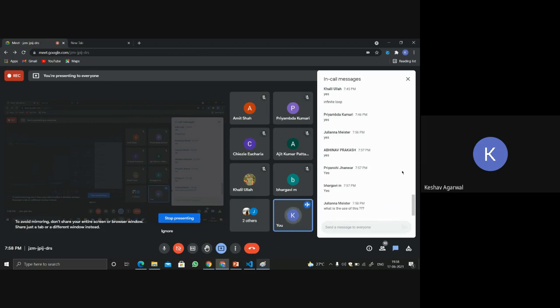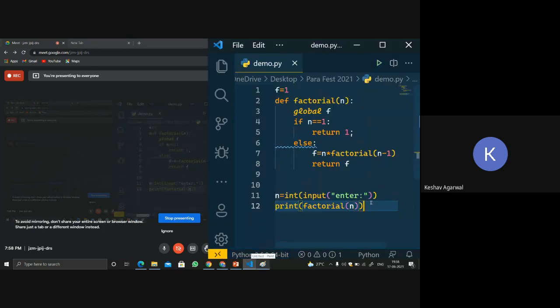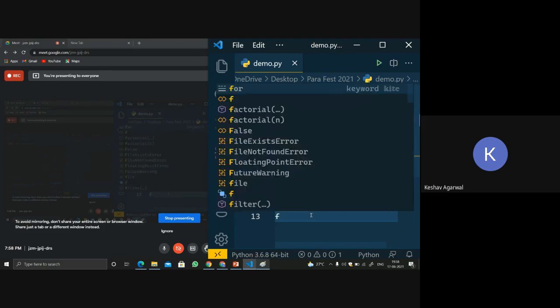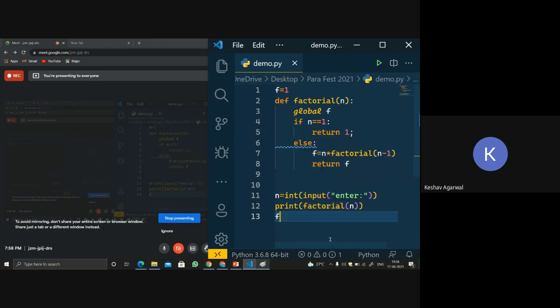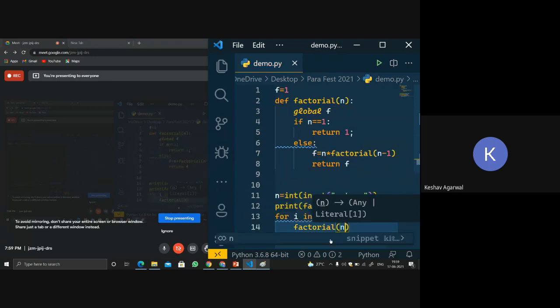Similarly, for the same code, we could use a for loop: for i in range 1 to n plus 1, and then we call the function and get the factorial.